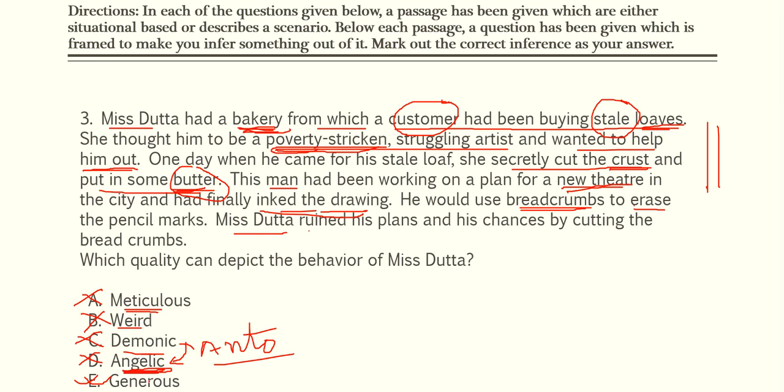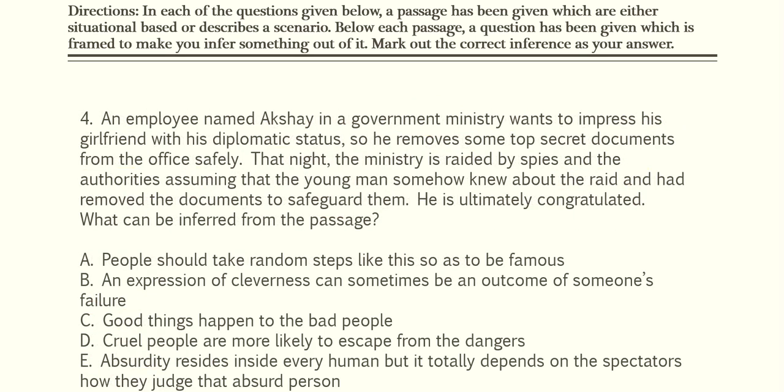And of course, Miss Datta had removed the breadcrumbs and applied butter for the sake of the struggling and poverty-stricken artist. And of course, she had made it up in her own mind that the artist was a poverty-stricken person, right? That is why she was being generous. Okay, she was being generous, helpful, kind. We can say she was being generous, and that is why she had added butter. Got it? So my correct answer will be generous. समझ में आया? Okay, चलिए next one देखते हैं.